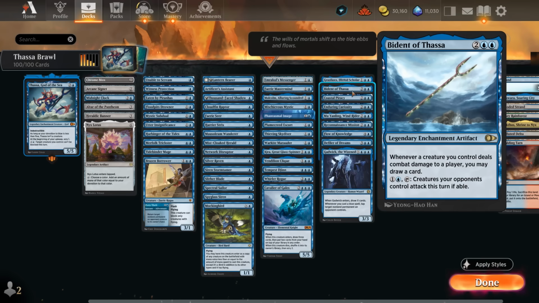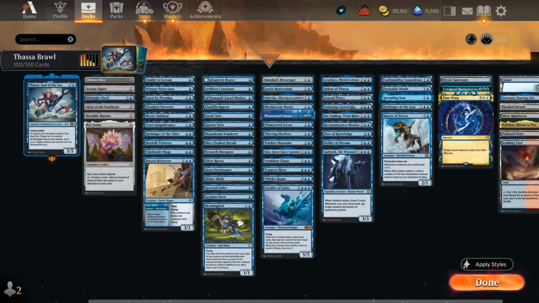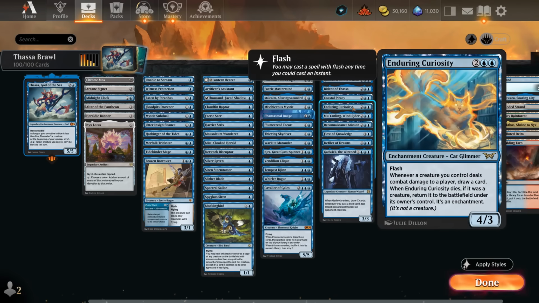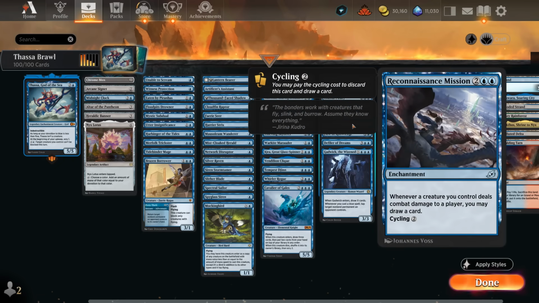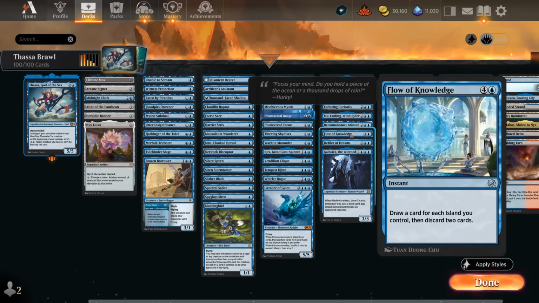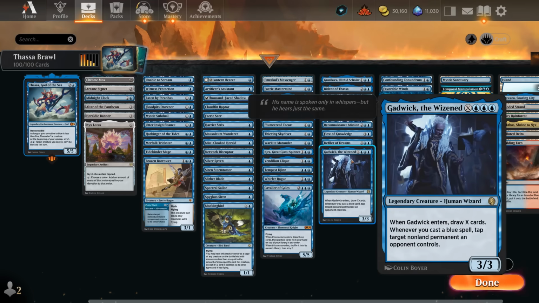And then we've got a bunch of similar effects. Coastal Piracy was kind of the original, and then more recently we've added Curiosity and Windrider. And then a Reconnaissance Mission is basically a Coastal Piracy that can also be cycled. Then we've got Flow of Knowledge as another payoff for controlling lots of islands. Defiler of Dreams is very good with all those 1-mana flyers, as we can cast them at the cost of 2 life and then draw a card. And finally, Gadwick also provides 3 devotion, so very good alongside Thassa, and also a good mana sink to draw additional